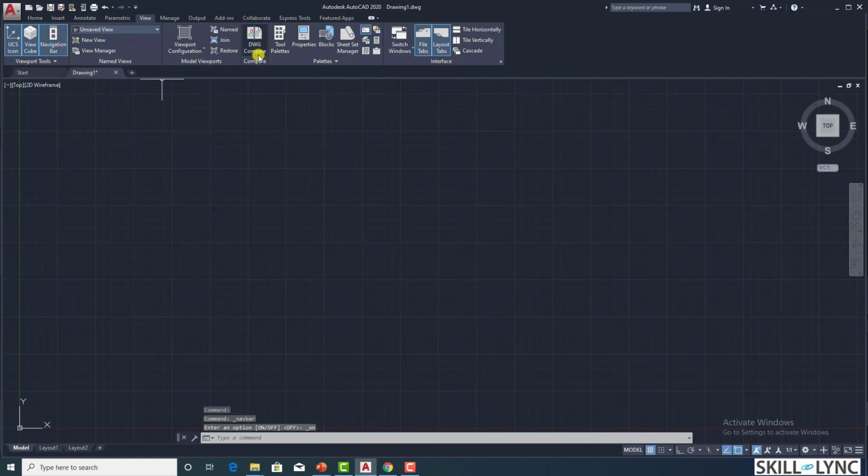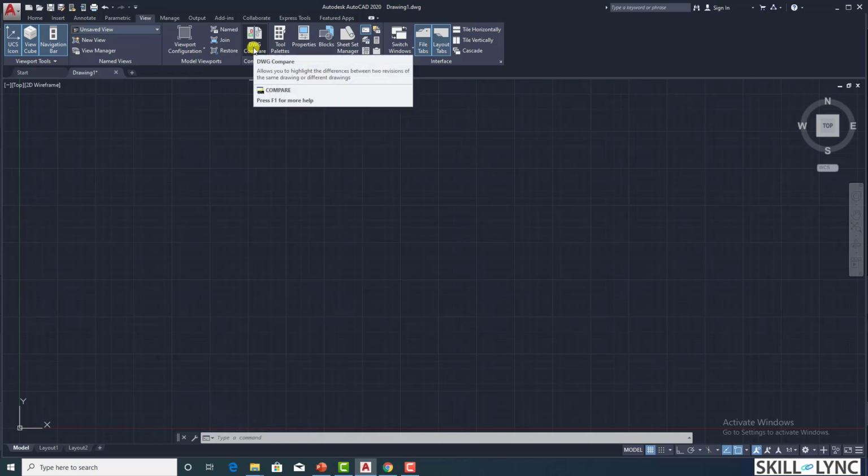And then also we can do a drawing compare with the latest software, that you can compare two drawings side by side to see how the revisions are varying with each other. And again in the Palettes where we have the Properties menu, and also here when you click on an object and then click on the properties, it will show what is the line type, what is the line weight, what's the color, what layer it is, all these things.